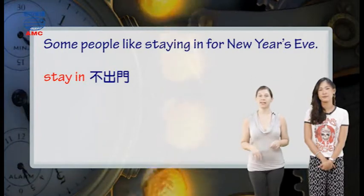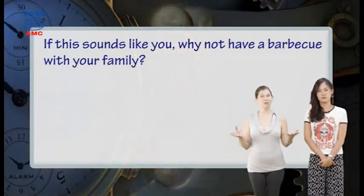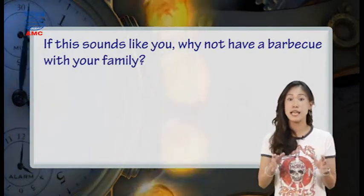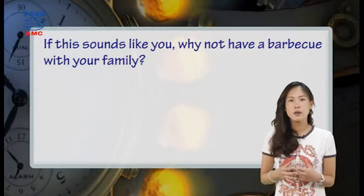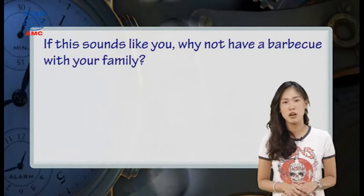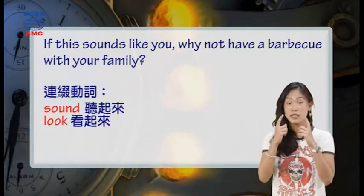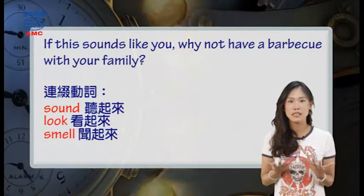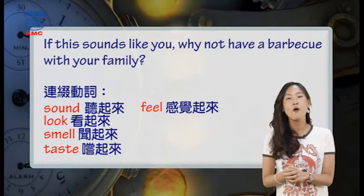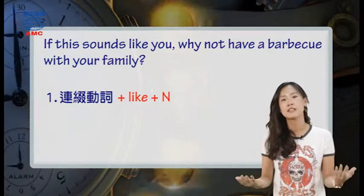Here the article says, if this sounds like you, why not have a barbecue with your family? 如果呢这听起来像你会做的事，也就是喜欢 stay in for New Year's Eve， 何不跟你的家人办个烤肉呢？烤肉派也是一个不错的选择哦。那 sound 是一个连缀动词，同样是连缀动词的还有 look 看起来 ，smell 闻起来 ，taste 尝起来。Feel 感觉起来，后面可以加上第一种 like， 接上一个名词。For example,